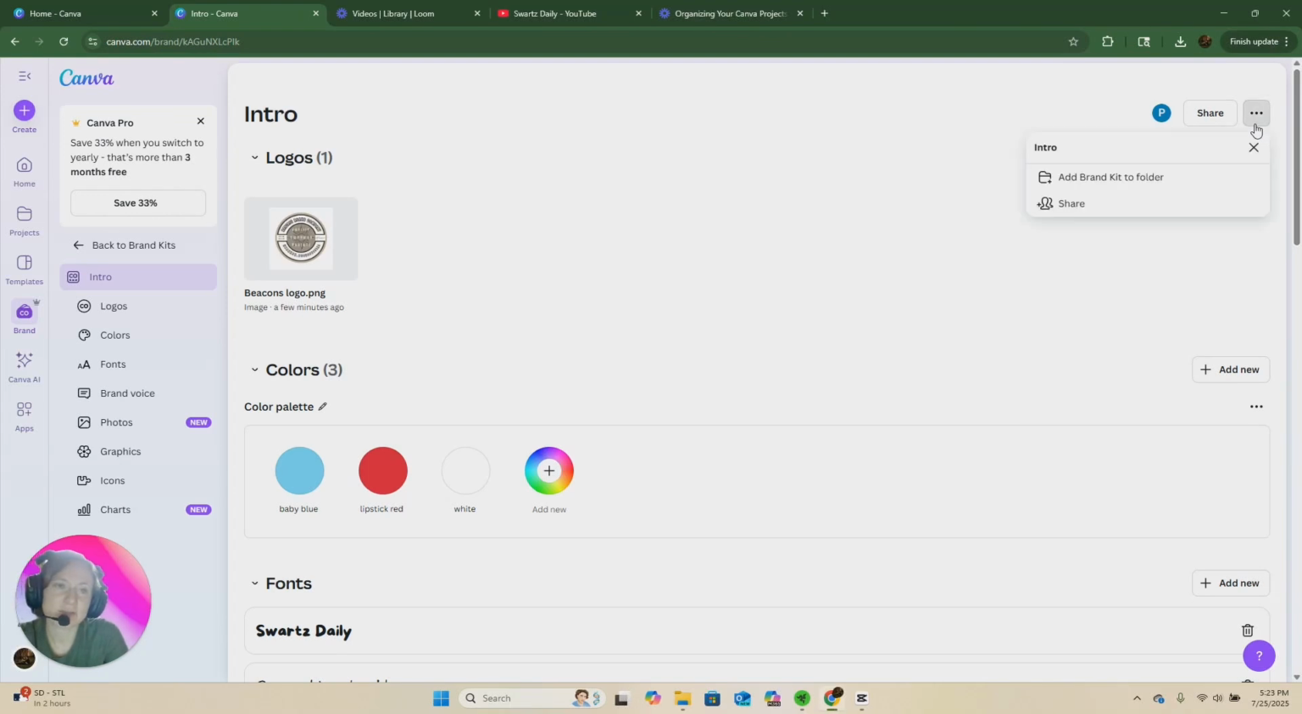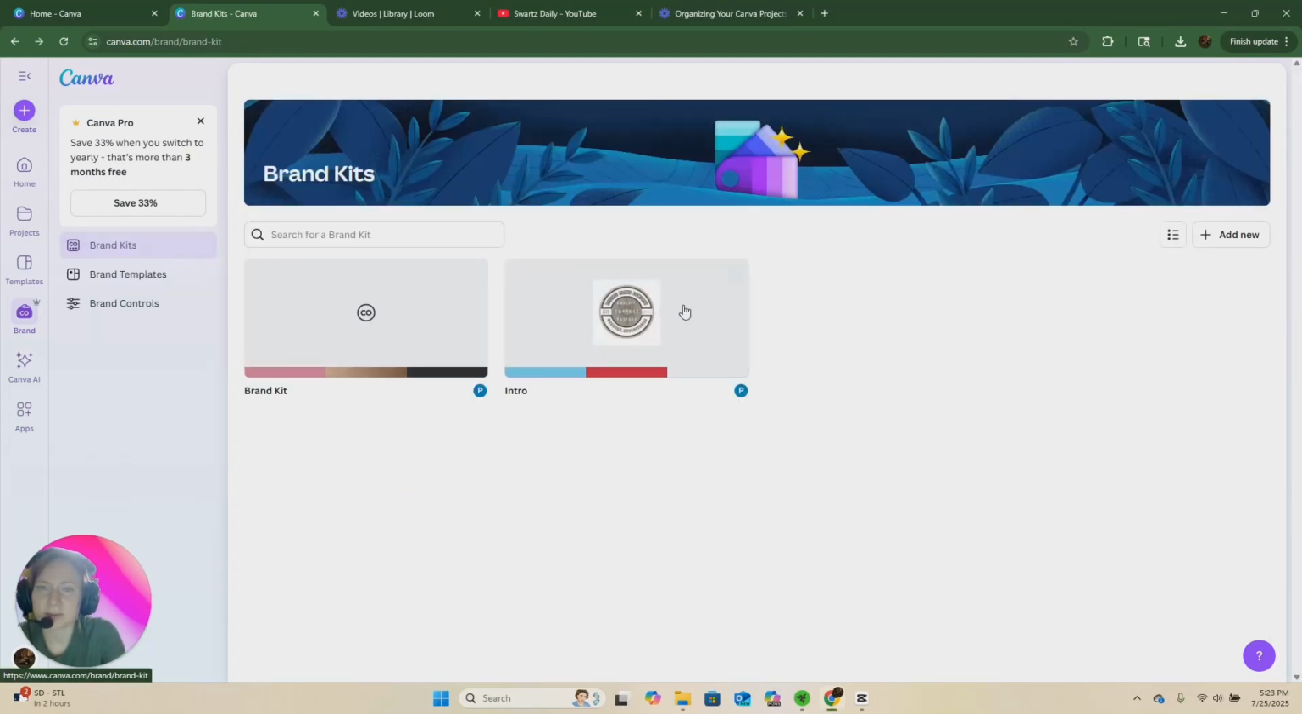And then you do have the option, if you hit these 3 little dots up in the corner, you can add the brand kit to a folder if you need to. Okay, and then you're just going to hit back to brand kits and it should automatically save. And then we are going to go find a template to play around with the brand kit that we just made. So we're going to go home